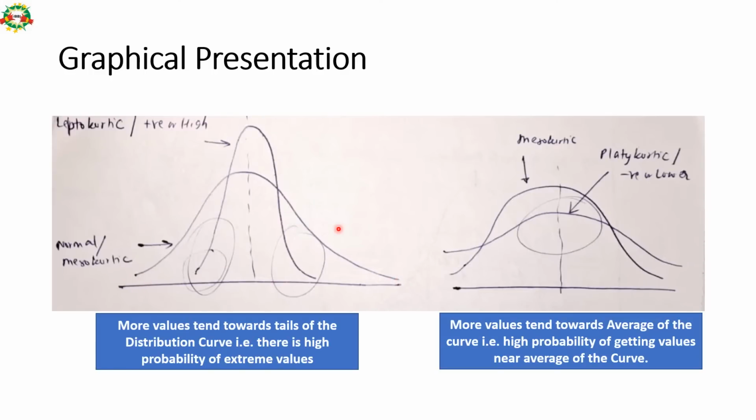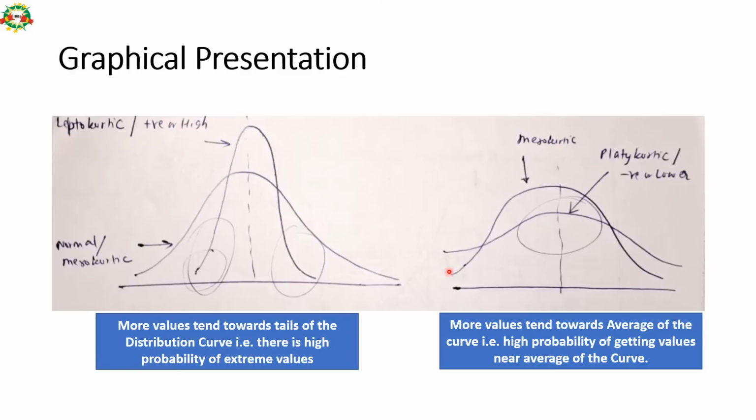So if the area under the tails is more, here you see it is more upward, so it is called leptokurtic, or positive, or high-end. So here this is important, this area, right? But if